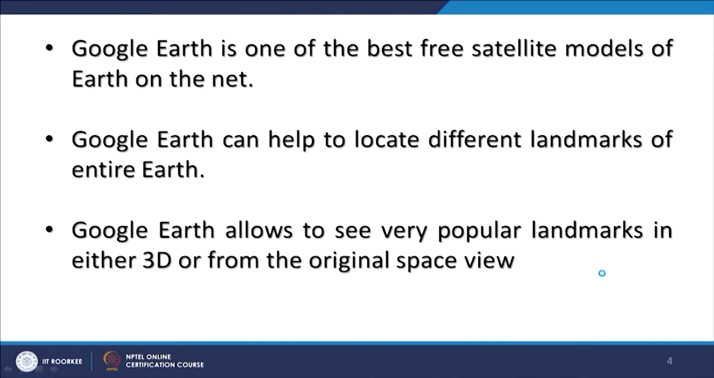Using Google Earth, people always look for landmarks, different landmarks which are present on the surface of the earth, and for the entire earth you can study sitting in front of your system. Google Earth also allows you to see very popular landmarks in 3D, and this 3D is nothing but